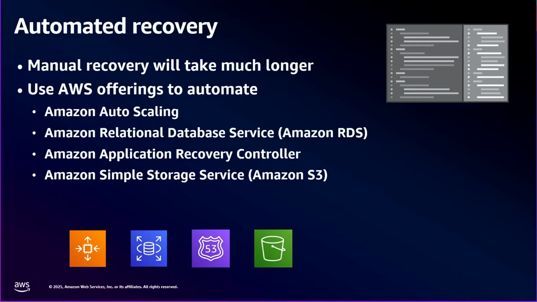So speaking of automation, this is where tools like Auto Scaling come into play. There are a lot of features of Auto Scaling that can help you automatically recover failed EC2 instances. Use the features within RDS to automatically fail over. Use Systems Manager with automation runbooks, for example, to respond to known alarms and carry out the runbooks that you would typically do with a human, right? If you have to wake someone up in the middle of the night to respond to an alarm, it's going to take them a while to wake up, get to their laptop, read the runbook of what they're supposed to do, and then execute that recovery process. So might as well just automate that.